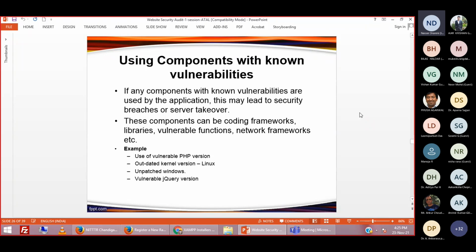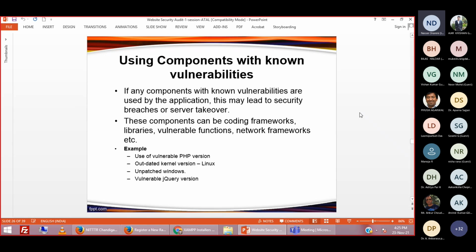If you are using PHP version 4, all the hackers across the world are very aware of this problem, that PHP version 4 has this many vulnerabilities. And if they come to know that you are still using PHP version 4 or Windows XP or Windows 7 on your server, these versions have a huge list of vulnerabilities, and definitely they are not going to leave your system, right? They will definitely make your system a target, right? So it is always recommended to use the latest version of software. Do not use any older version of a software component which has known vulnerabilities, right?